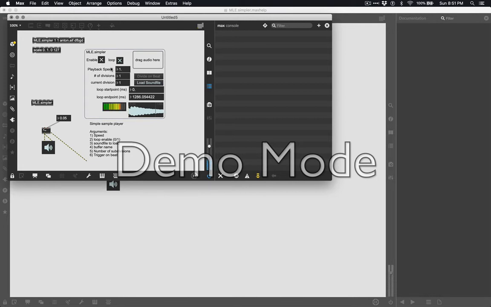So let's try something. I'm going to mess around with the number of divisions. What this is going to do is chop our sound file up into segments, and it's going to give me the ability to loop and play each segment individually. So right now there's just one division, so it's just the single sound file. If I increase my number of divisions to 2,